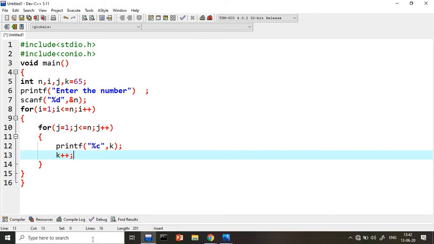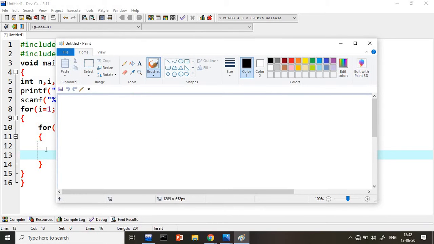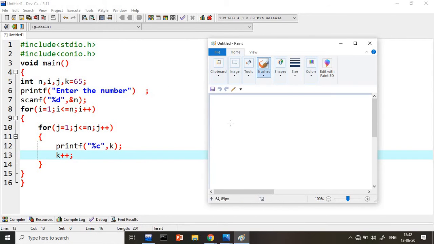Now guys, observe very carefully how things are changing. I am explaining with a diagrammatic representation so that you will understand very easily. So what is the initial value of i, guys? Let us take i, and you take j, two values we are taking. The initial value of i is 1, the initial value of j is 1, and the initial value of k we will also take. The k value is 65, guys. Sir, why am I taking 65? The ASCII character of 65 is A. If I write 65 inside the system and use %c, you will get capital A on the screen. That's why we took it.